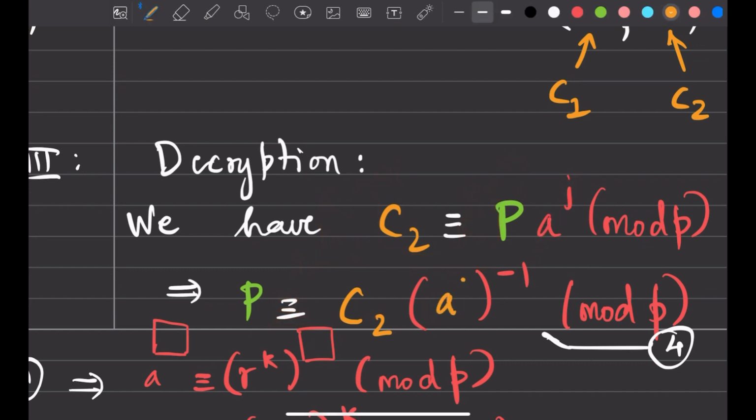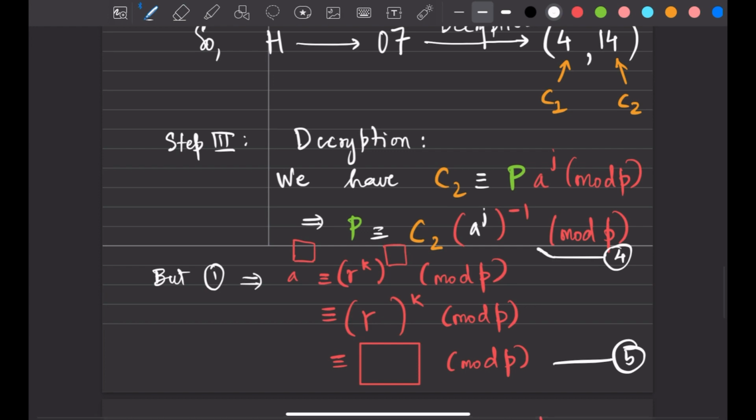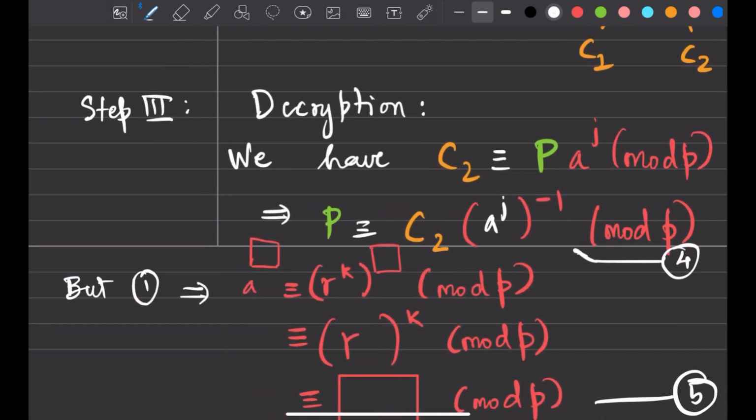So I write here A raised to J, the whole inverse, provided the inverse of A raised to J exists. Okay, now